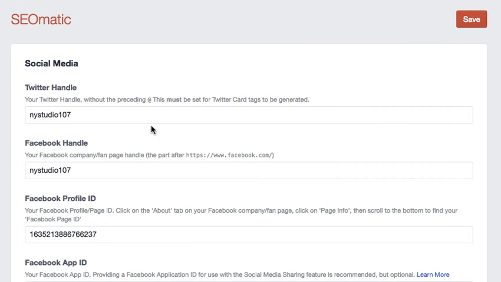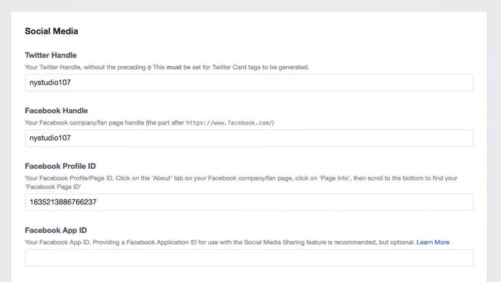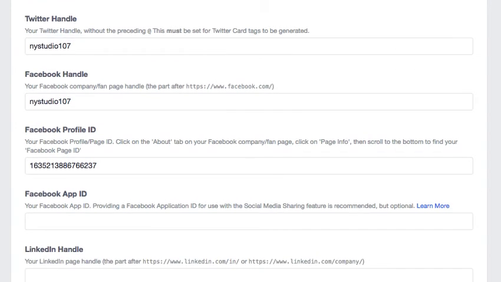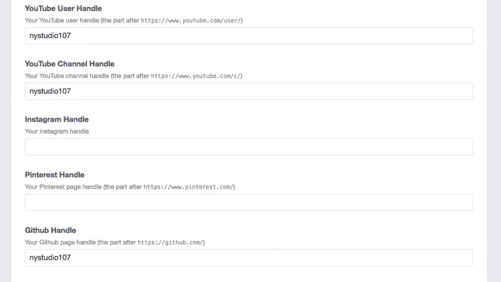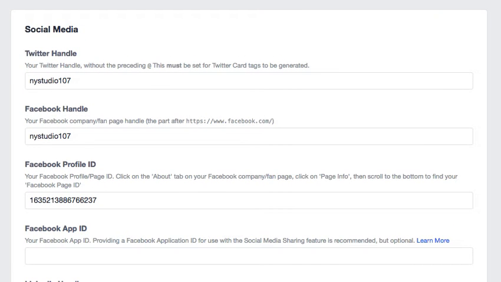And this is just a place where you can specify the various social media handles that you are using on the site. It's used to generate the Facebook open graph as well as the Twitter cards. The other thing about it is it's just kind of a handy way to tuck all this information away. And it also will generate a sameAs link in all of your structured data for all of your social